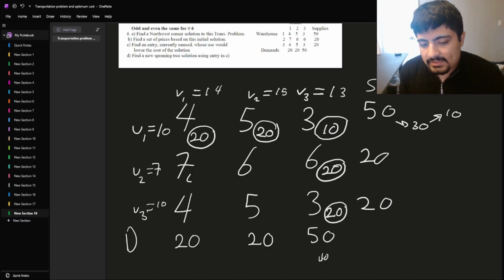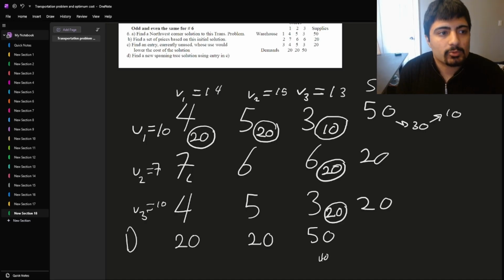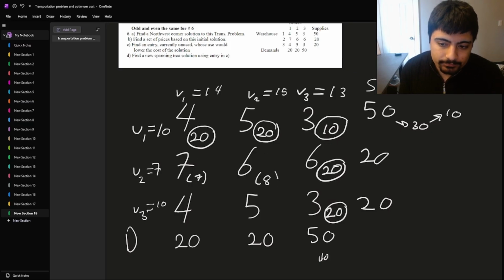Or the respective v value minus the respective u value. Don't get it fixed because the values will change, as you can see. You will see soon. So v2, now the respective v and u will be v2 and u2. So we're gonna say 15 minus 7. Okay, we're gonna do the same thing. 14 minus 10